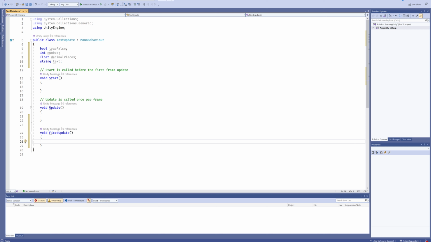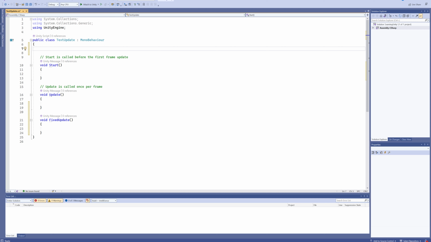Now that we know that, let's start making a bit of functionality here where we have a variable that's displayed as the text that we just added to our UI. So let's delete these 4 variables that I've made, and we'll instead make an integer and we'll just call that